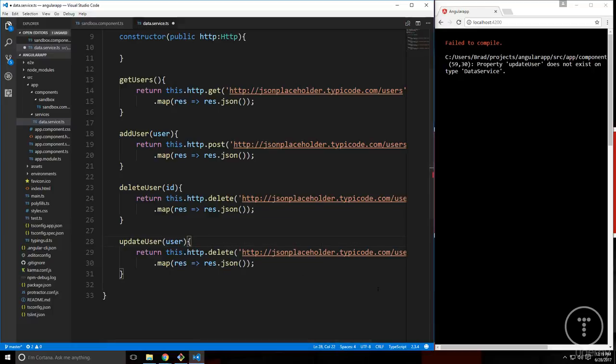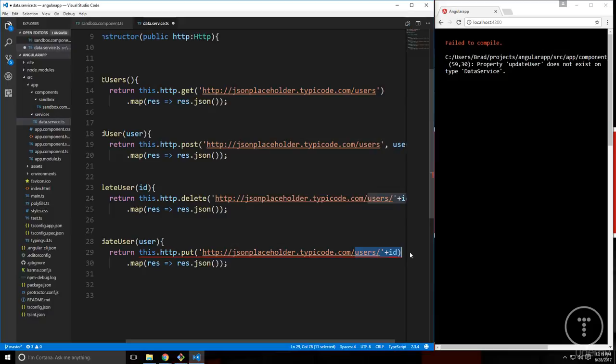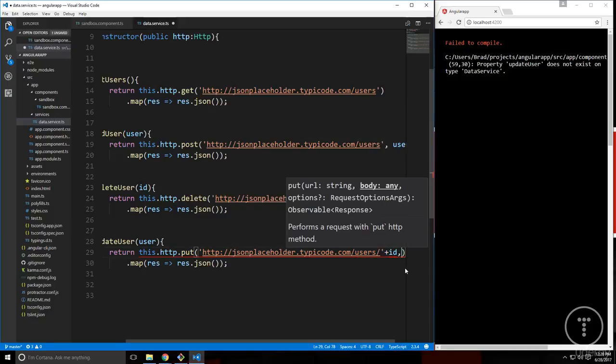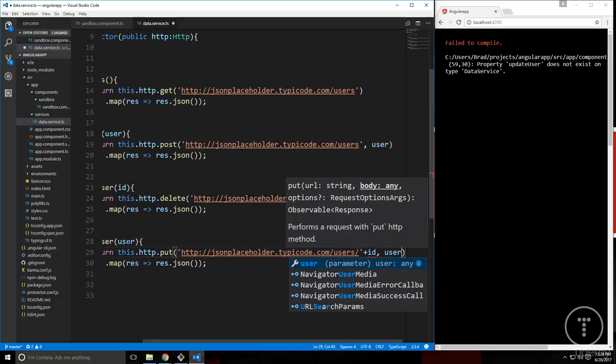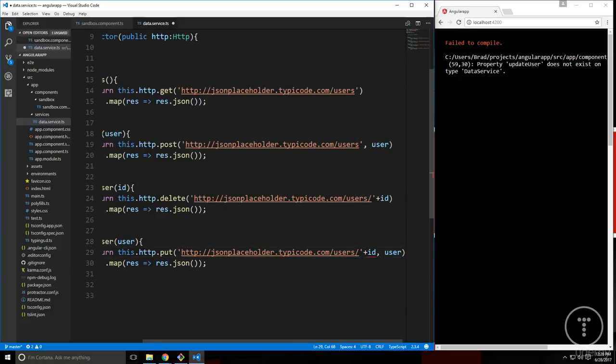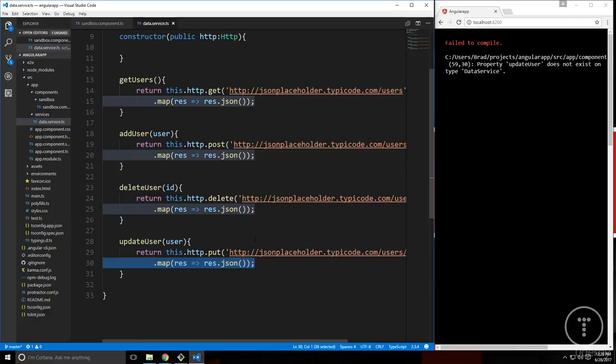And then we want to use a put request, so we're going to replace delete with put. And it's going to go to user slash and then the ID, but we also want to put another parameter in here, which is going to be the user that's passed in here. All right, and then instead of just doing ID, this is going to be user.id, and then that should do it. So let's save,